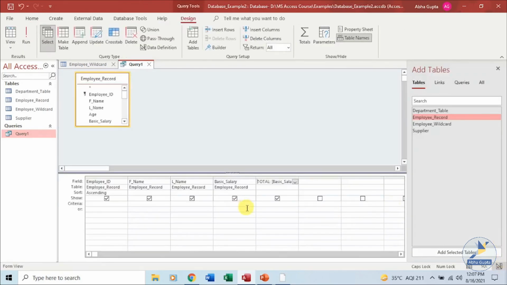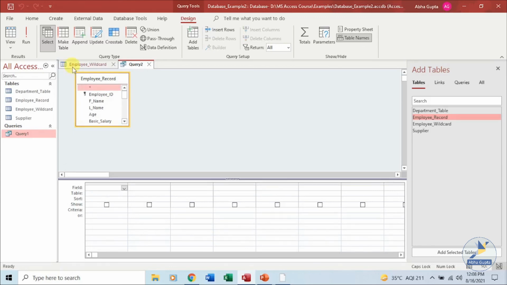You can use functions, you can use built-in functions, you can group your query on the basis of certain records. That can also be done. Now while grouping the data in your query or while making use of the built-in function, it's not necessary that it can be done on all the fields. For example, F name, you cannot group by the first name. You will group on the basis of some city, or you will count some records on the basis of the departments or on the basis of a city.